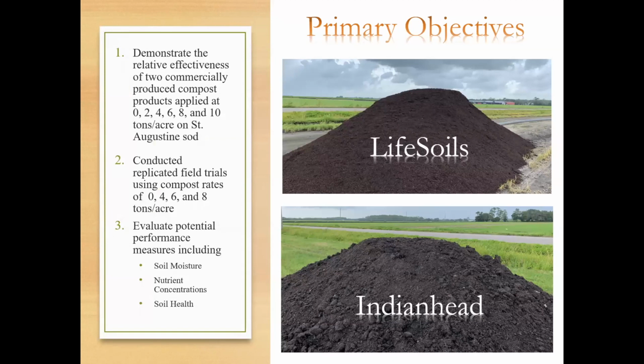From our first year, this was strictly a demonstration trial where we used two different types of commercial compost, Live Soils and Indian Head, and we applied them at different rates on 1 acre parcels. We applied 0, 2, 4, 6, 8, and 10 tons per acre. And we did that for Live Soils parcels and also for Indian Head. We looked at